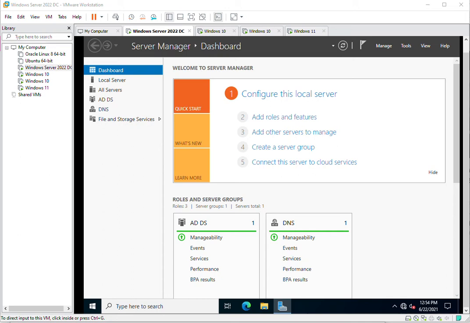In this video, we will learn about a new topic, that is storage sense management through the group policy. So we have just installed Windows Server 2022 and configured this server as a domain controller. And I will go to the group policy by